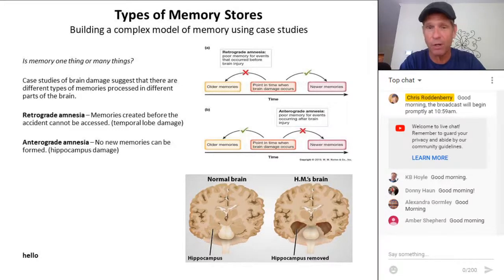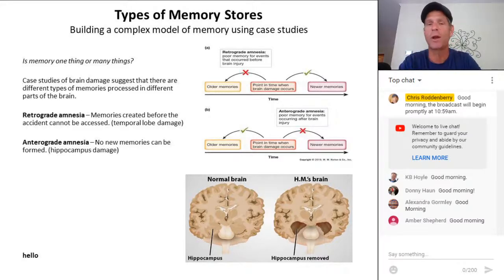So in the top right corner here, we're talking about the difference between what we call retrograde and anterograde amnesics. We learned a lot about memory from studying different kinds of amnesics. Some people have a form of amnesia called retrograde amnesia. What happens with those people is they can't remember things that occurred before the accident that damaged the brain. That's called retrograde amnesia. And then there are some people who, after an accident that damages their brain, can remember all the stuff that happened before the accident, but they can't remember anything that came after the accident. And this is the idea behind HM.